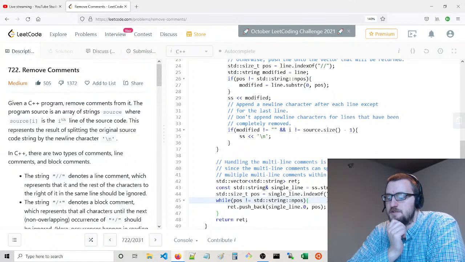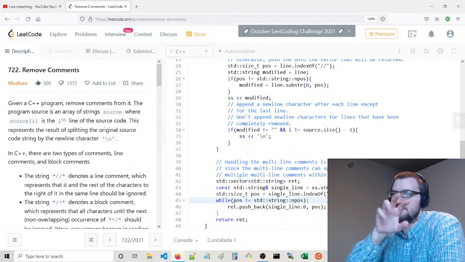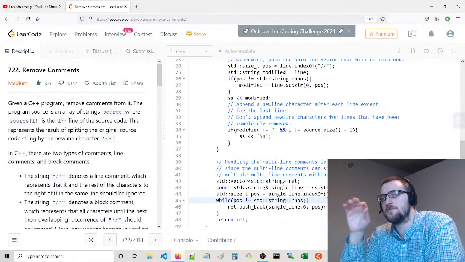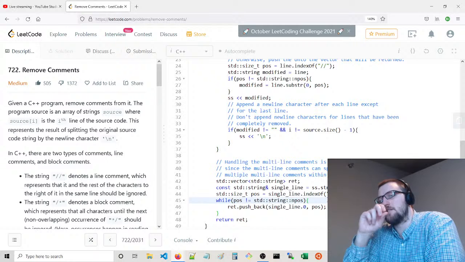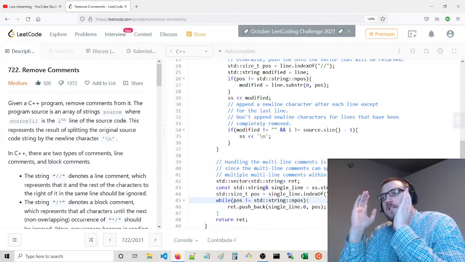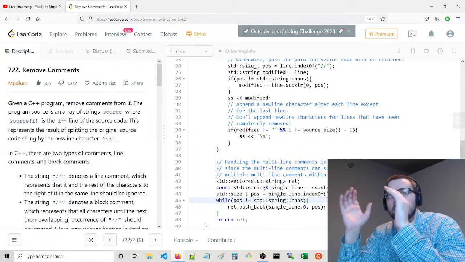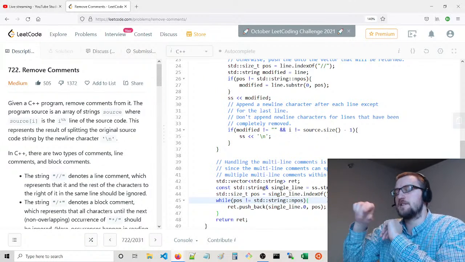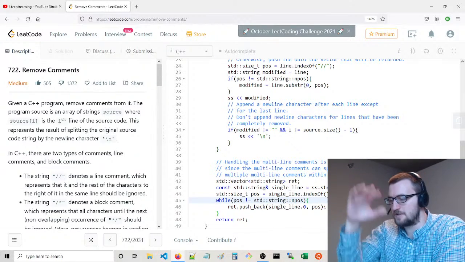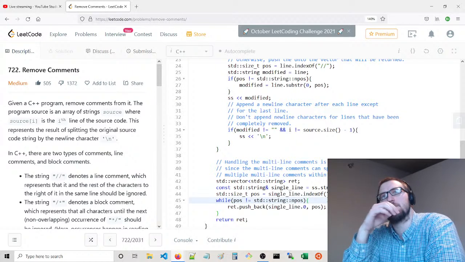Essentially what we want to do is grab the substrings of the whole string that aren't contained within the multi-line blocks, and then create the return vector of the source code afterwards.